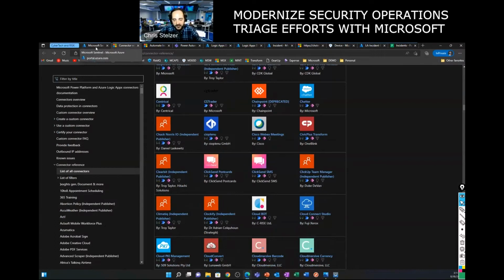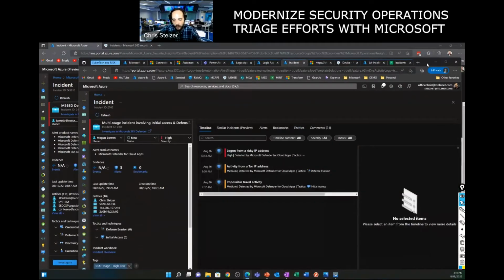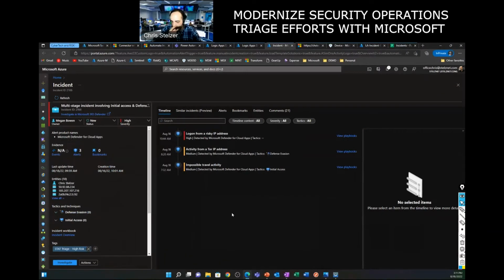So the first thing I want to think about when designing a playbook is where we should be focusing our efforts within the environment. As we discussed, triage is one of those key focal points for driving automation. So I have an incident here, and an analyst needs to start interacting with this. The first thing when an incident gets thrown within your SIEM is you need to start thinking about how you're going to assign users to it. How do you want to assign analysts?